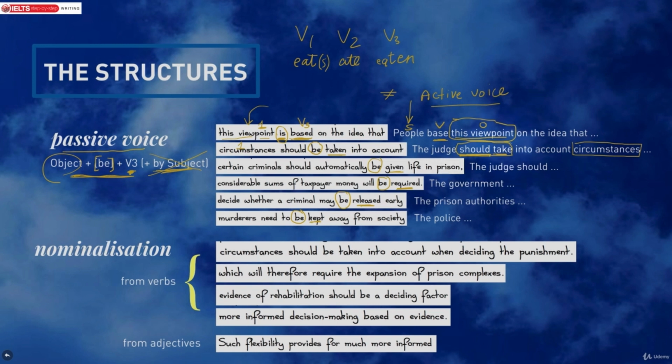The main verb is what we're focusing on here, and the main verb is take. So I need to look at the main verb, create a verb 3 form of it, and there it becomes taken. Okay, and then everything else stays the same. Should stays there, but I just need to add a form of be. What's the type of grammar that comes after these auxiliary verbs like must, could, should? It is the verb 0. Okay, so let's just do a verb 0